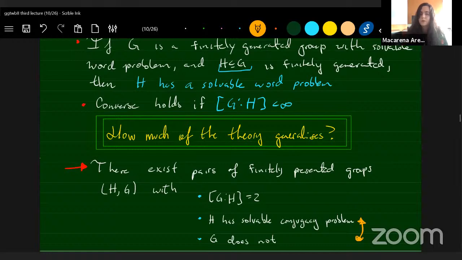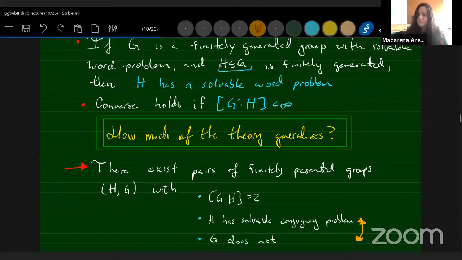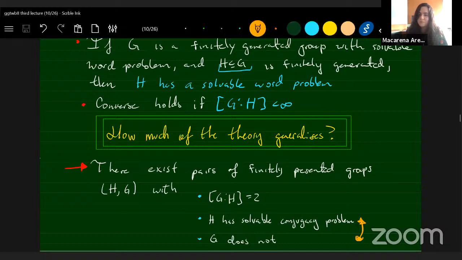We knew that the word problem was a quasi-isometry invariant for finitely presented groups. The conjugacy problem is not even a commensurability invariant. So that's a very big failure. I don't know how to communicate it in any other way. So this is a result of Collins. And what do you do if you know that it's not even a commensurability invariant? The thing you can do is try to limit yourself to a class of groups that might behave nicely.